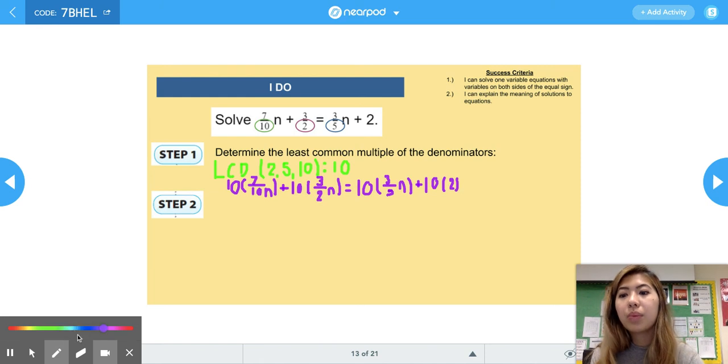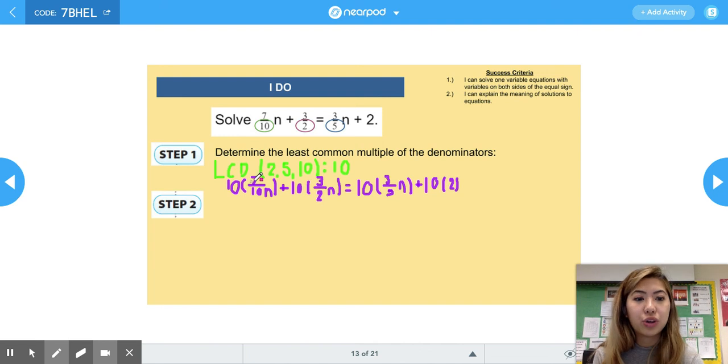So remember that when we're multiplying whole numbers and fractions, we multiply the whole number by the numerator and then divide it by the denominator if possible. If not, then we can just keep it as a fraction. So we have 10 times 7, which is 70. 70 divided by 10 is 7. So we have 7n. Then we have 10 times 3, which is 30. 30 divided by 2, which is 15. So we have 15n